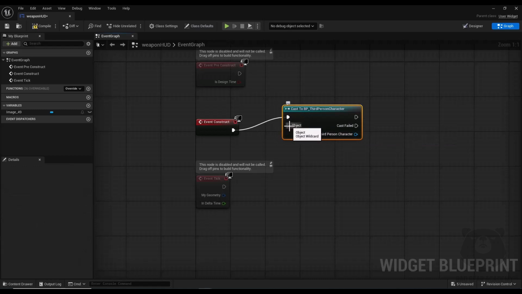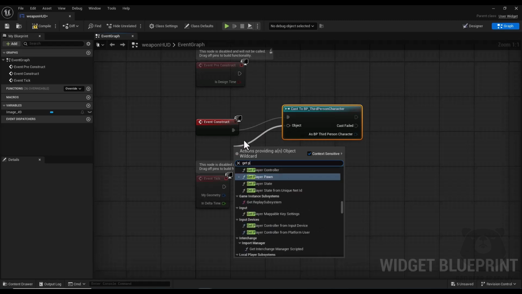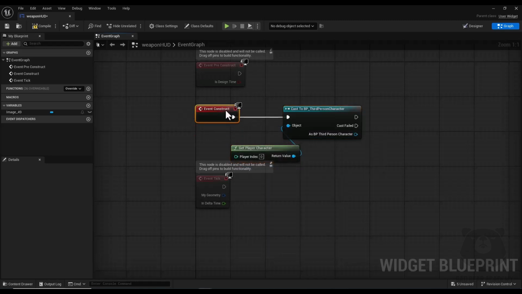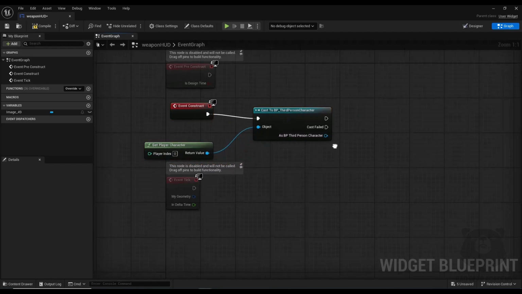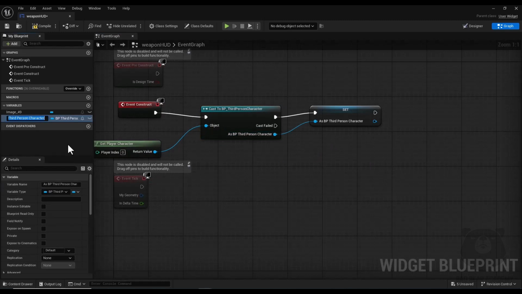Here for object wildcard I insert get player character, alright, and I promote it to a variable and I name it player ref. Alright, now I drag and drop my player ref here,